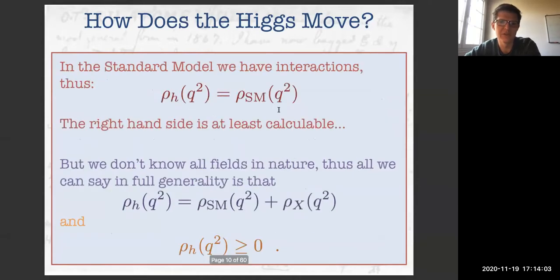It's 125 GeV. In the standard model, it's not so simple, because in the standard model, you have the pole, which is where the Higgs is, but you also have all these other multi-particle states. The Higgs operator can create from the vacuum a Higgs, but it can also create, you know, a pair of electrons, a pair of W bosons, and things like this. But at least the right-hand side is calculable within the standard model, and it's always positive because that quantity was positive. But what if there are states beyond the standard model?